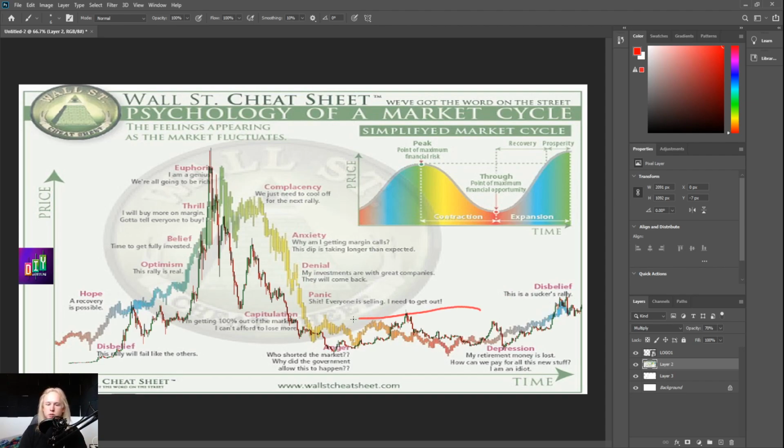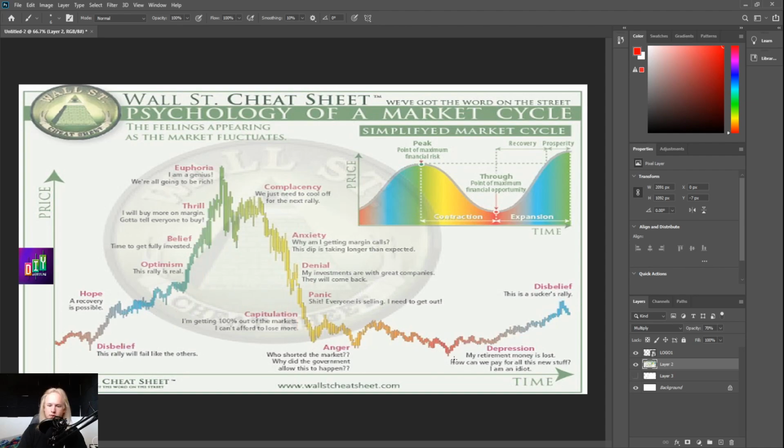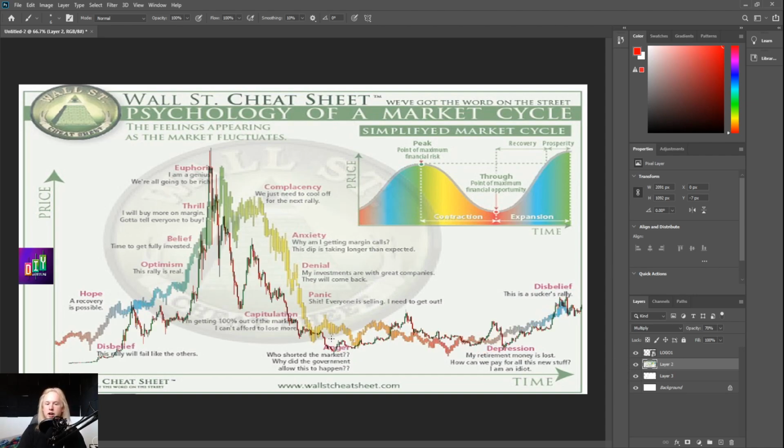Everybody's still too traumatized based off of all of the sideways chop that we went through. And because of that, nobody's buying it, and most of these people are about to miss out on a huge opportunity. And so what we can see right here is pretty much the same chart. And if we hide the Ethereum chart, we can see that after we go through this rounded accumulation phase, disbelief phase is really where we start to break out, and we retest these highs, and then we go much higher, right? And this is pretty much the same thing that Ethereum is doing today. Almost identical. We hit these lows, we accumulated sideways, and now we're breaking up higher before ultimately we go up much higher from here.